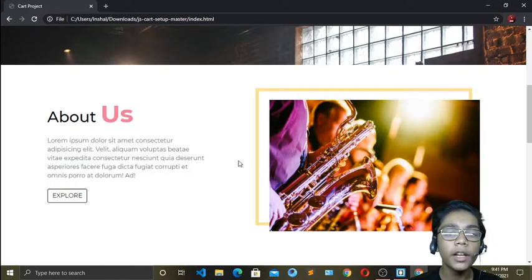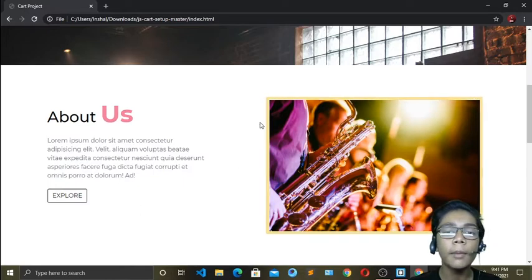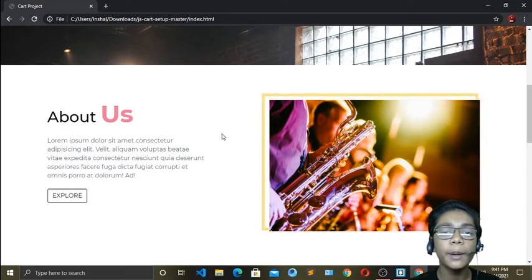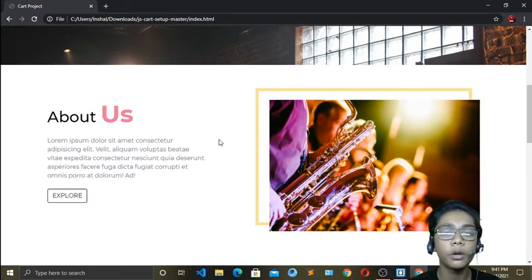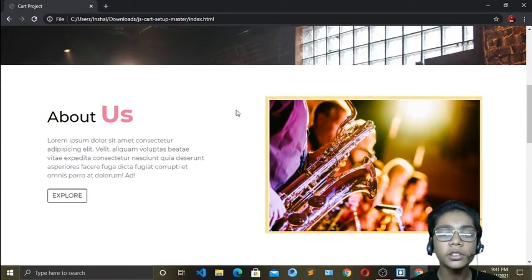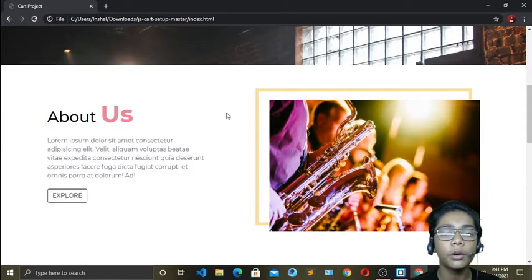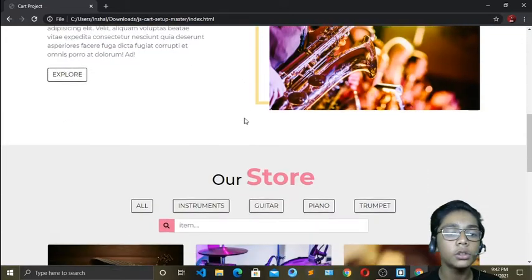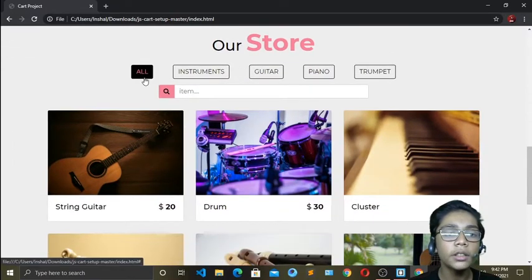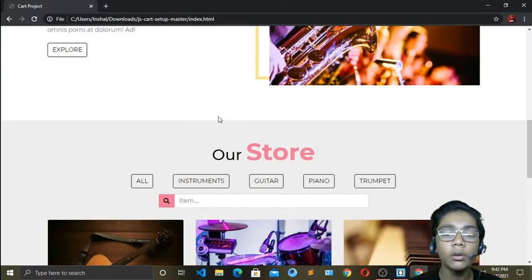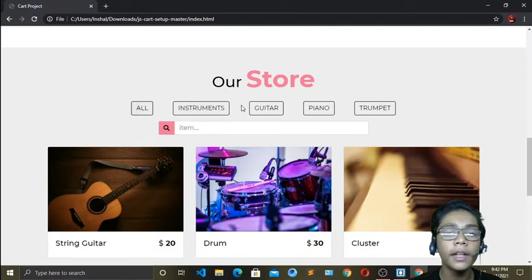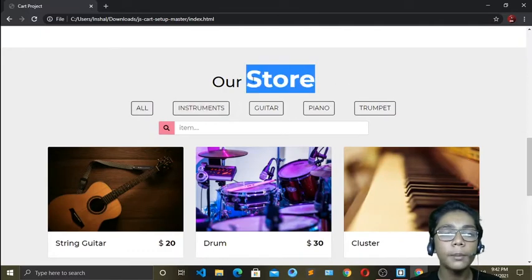Okay, so over here you can see when I'm hovering on it, my background border is also coming, and this background border is also coming with JavaScript. Okay, so when I'm hovering on it, the background border is coming to my image, so this is also done with JavaScript. Okay, so you can see how beautiful things you can do with JavaScript. Okay, so over here you can also see this hover effect, and this background color is with CSS, but this hover effect and all these colors are coming with JavaScript.